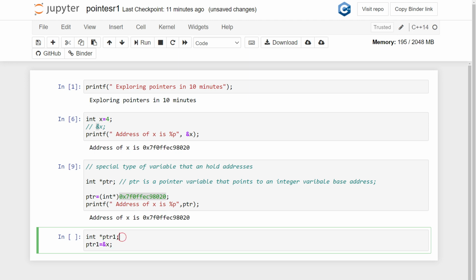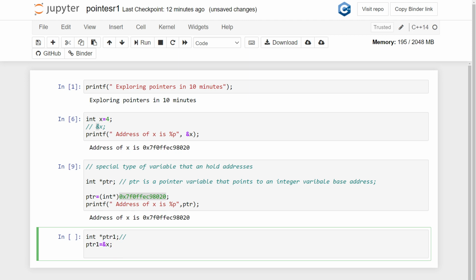Let me read it again. This PTR1 is a pointer which is pointing to the base address of the integer variable X, right? How do I fetch the base address? Using this ampersand, I can fetch the base address of a particular variable.